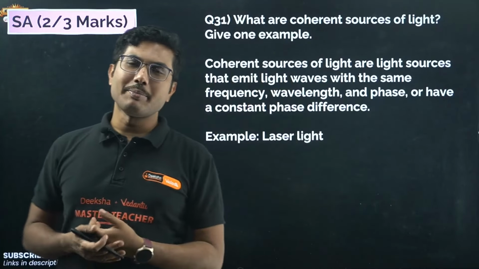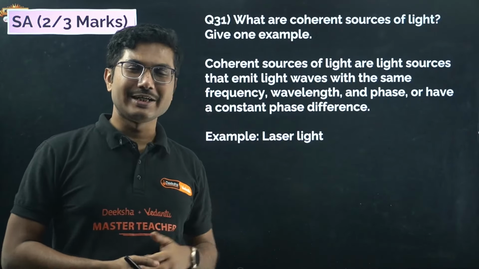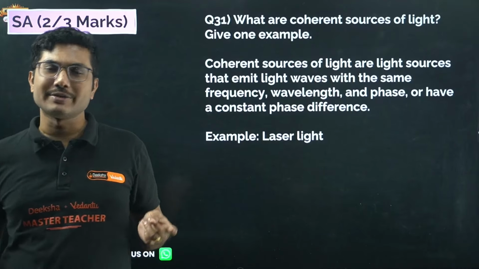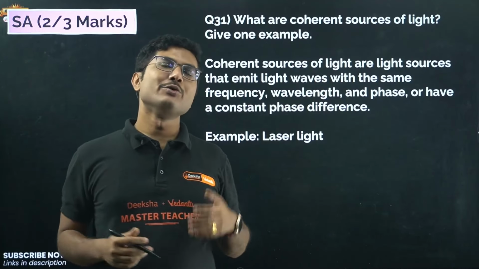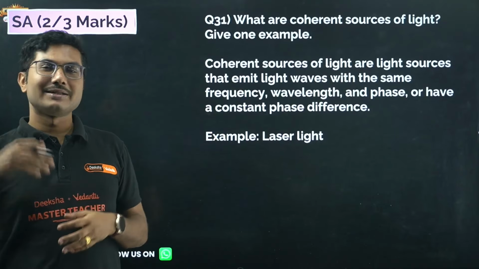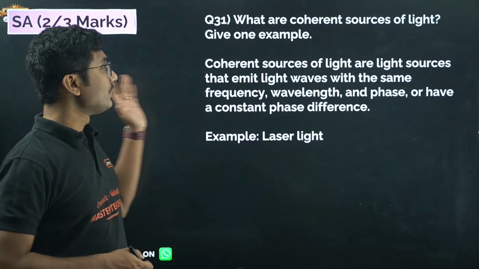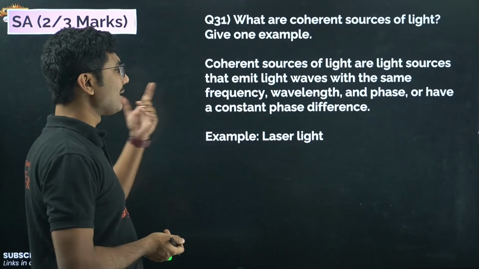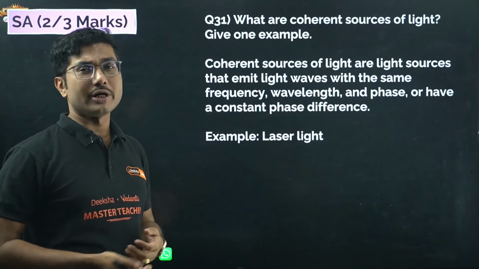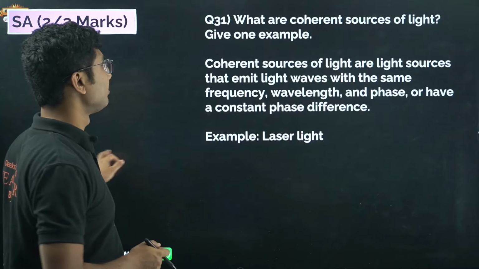But the batch that already passed last year, they are 1 year ahead of you, and those students who are studying in PU1, they are 1 year behind you. So the phase difference between you and your previous batch is 1 year, and if you continue to study properly, the phase difference will still continue with them, right? And similarly, the batch which is ahead of you, the phase difference will still continue. Okay, so these are the examples of coherent light. An example of coherent light is laser light. Okay, the laser light is one of the coherent sources. All the rays coming off a laser source are all coherent.